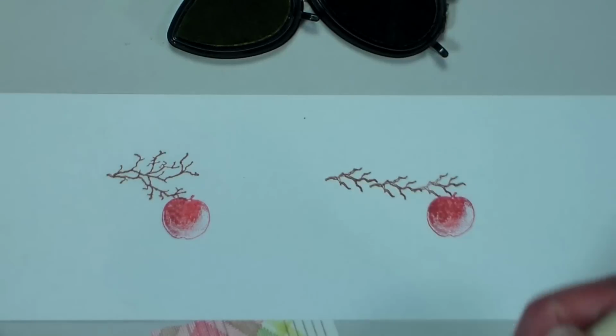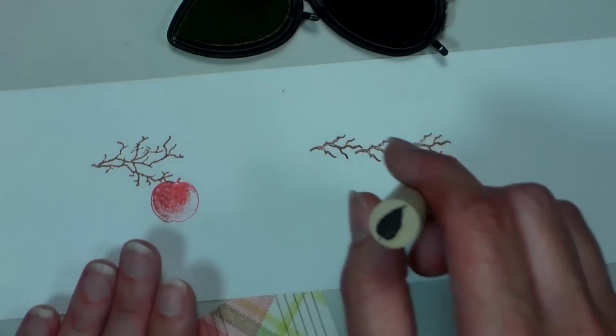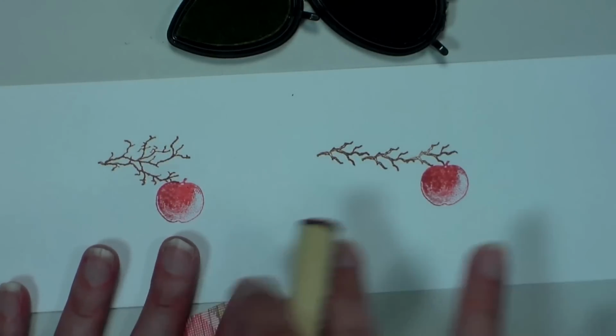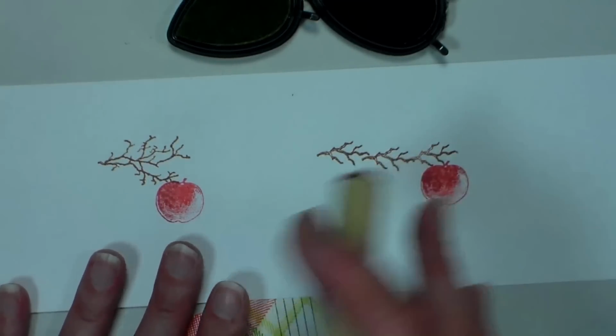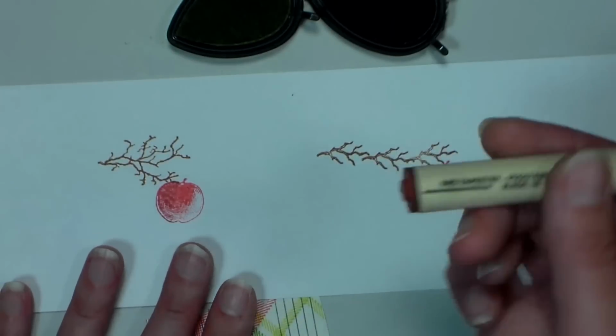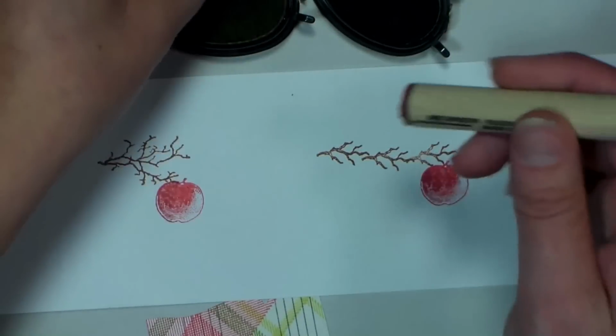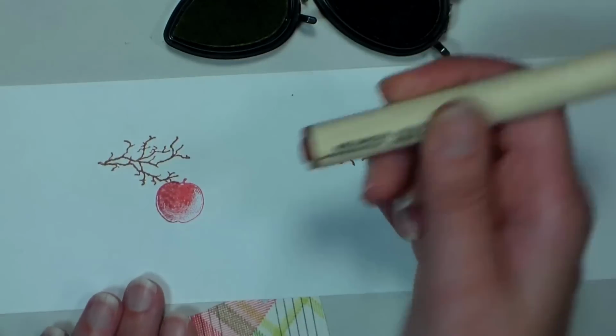And this little leaf came with the same set that the apple was from, but again, look through your stamp sets. There's different fruit in different sets. Feel free to adapt this idea to the supplies that you have. It would be really pretty with flowers too, I think. So I'm going to go in with a lighter ink, which is Pear Tart, and then I'm going to just get a little bit of the edge in